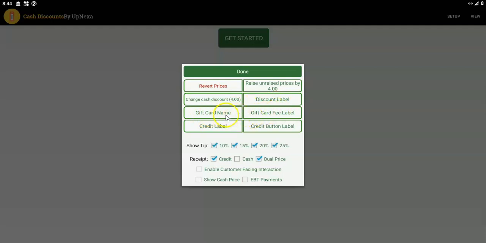For gift cards, it's a special problem. Basically, you want to make sure that the gift card price is not raised automatically. Like if you bought a $5 gift card, you don't want the gift card, when you enter it, to become $5.20. So if you give us the name of the gift card that appears on the register,